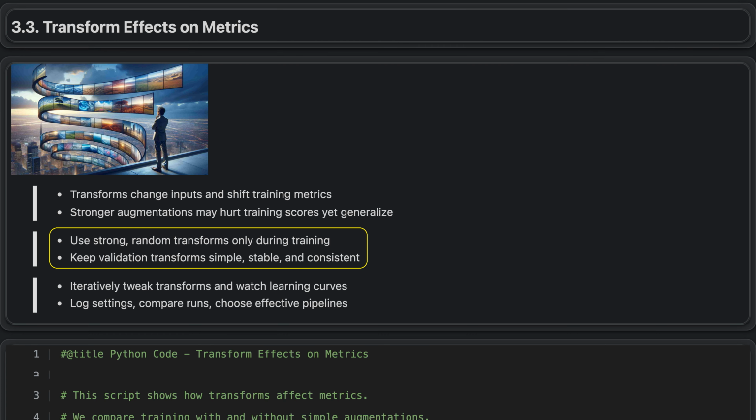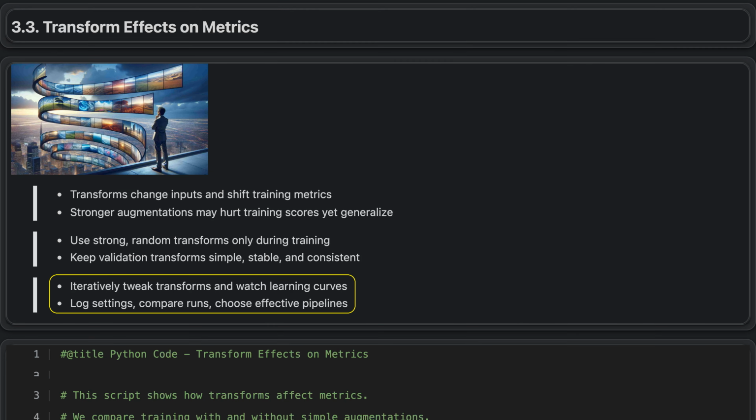For validation and testing, you should use only consistent preprocessing so that evaluations remain stable and comparable over time. If you apply strong augmentations during evaluation, accuracy can appear worse simply because the data is distorted, not because the model is performing poorly. Keeping the evaluation pipeline consistent allows you to reliably track true improvements or regressions in the